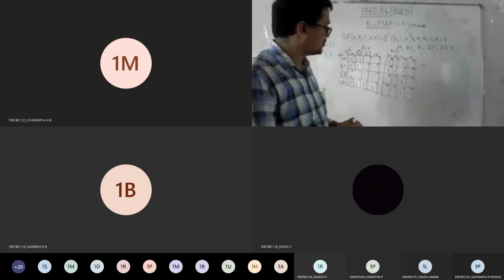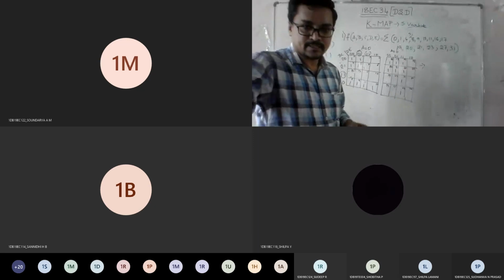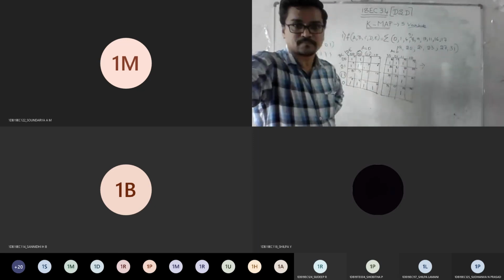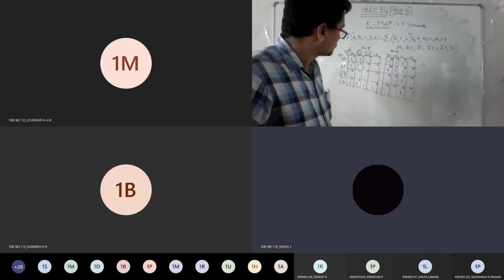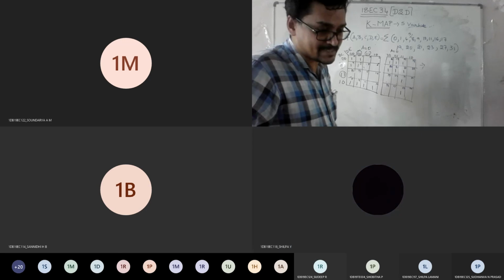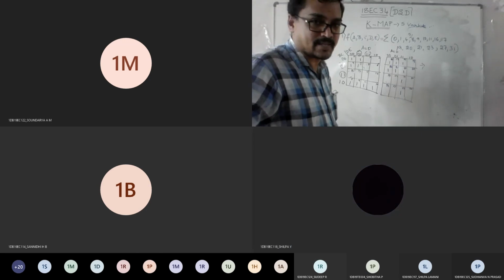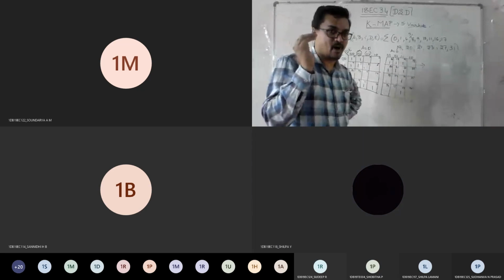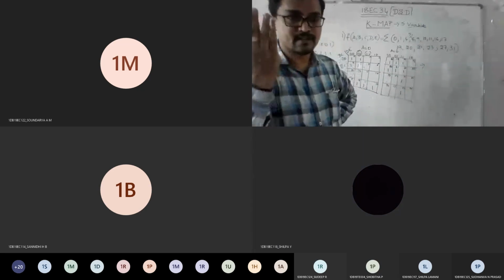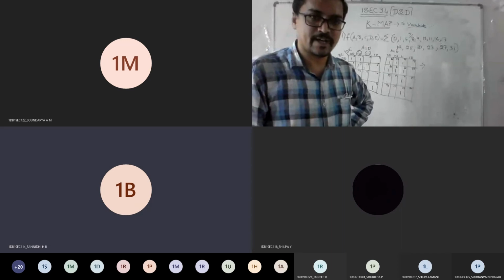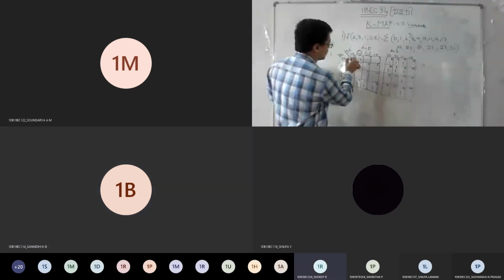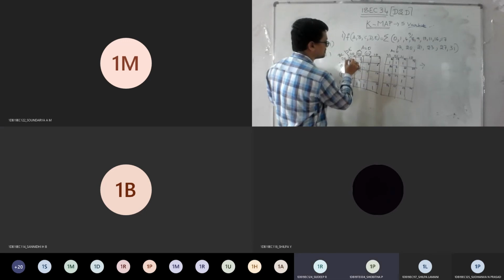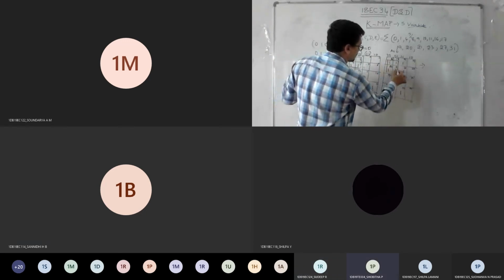Now I want answers from you. Tell me how many groupings can be done. How many quads do you have? Will you get 4 quads? Just think and tell. See, I told you to start with the higher end: octa first, then quad, then pairing, then single. Look at here. According to you, this is one quad, agree? One octa, sir.